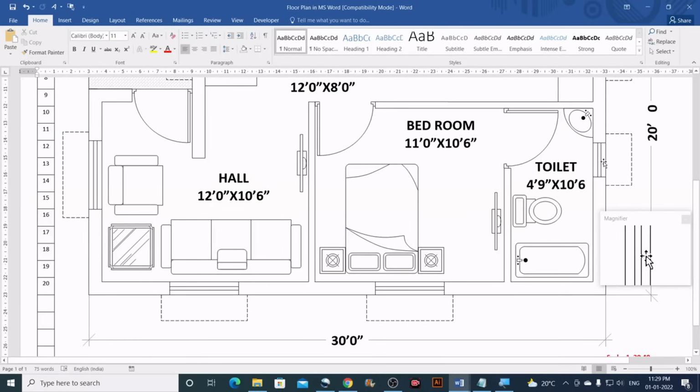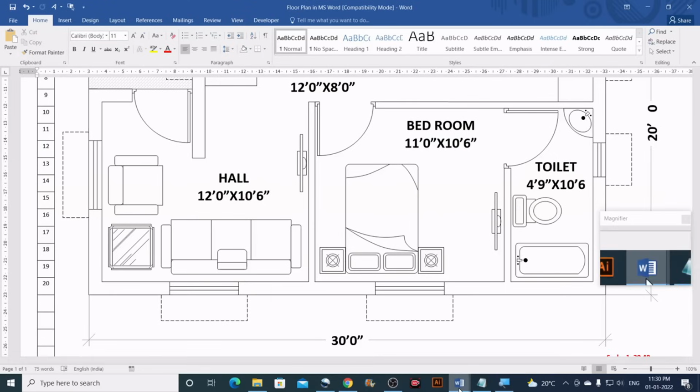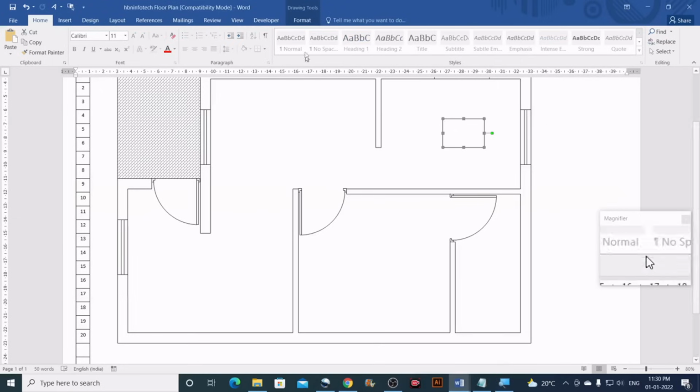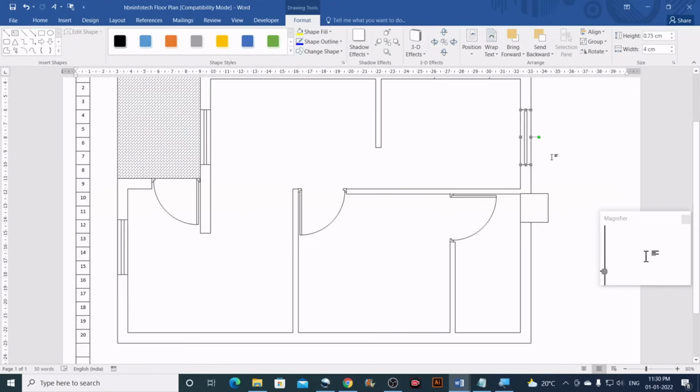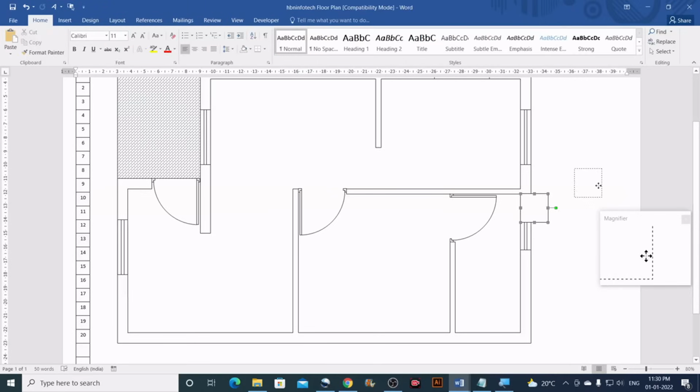Now let us check. Okay, let us create this window. So this window is 2 feet and it is from this edge also, it is 2 feet, this edge to this edge. So now we'll just make this 2 feet, bring this here, duplicate this window and set the height for this one to 2 feet and then place the window here. Okay,